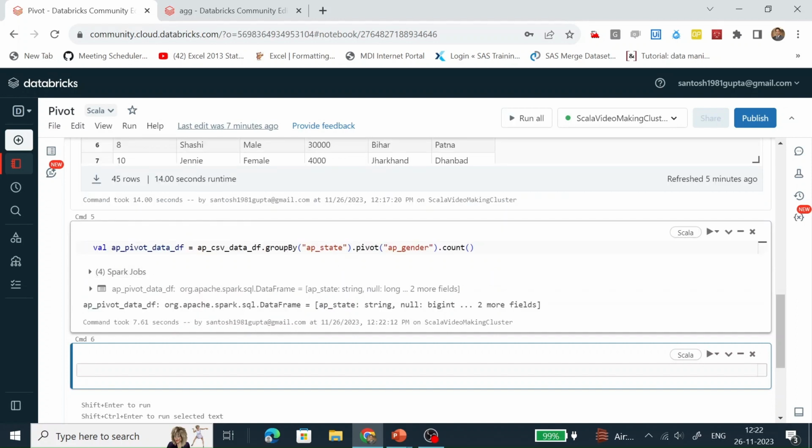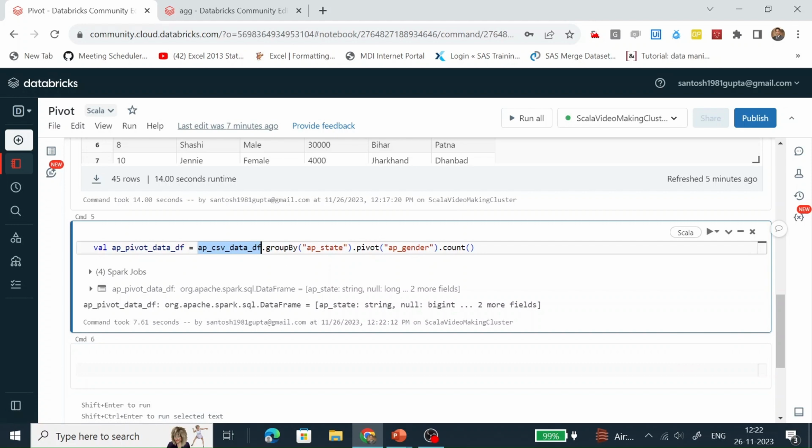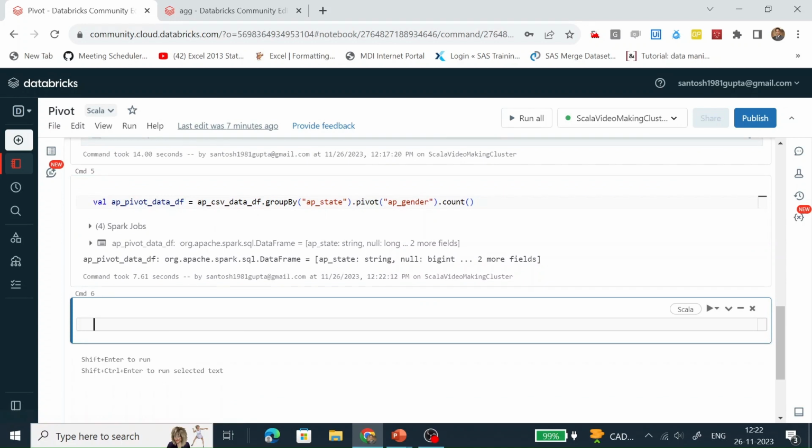So what we have done is, first we applied this groupBy function on this data frame, and this groupBy function will create various groups based on the AP state column. After that we apply this pivot function. In the grouped collection data, whatever values the gender column has will be converted into individual columns. Let's see the content of this data frame.